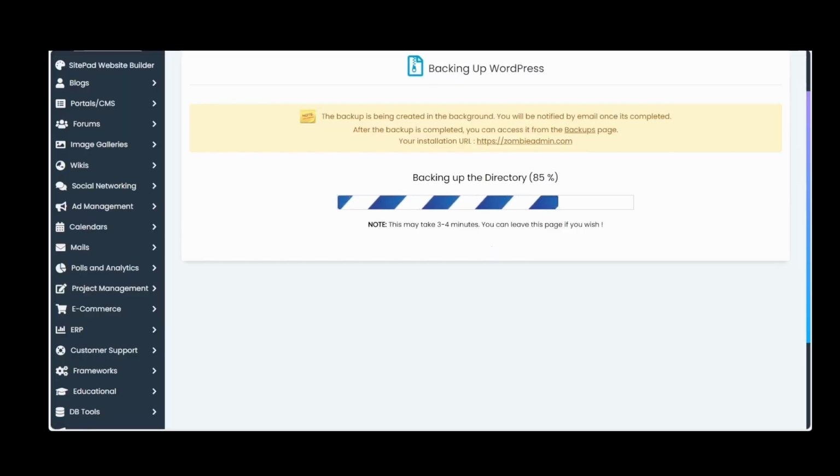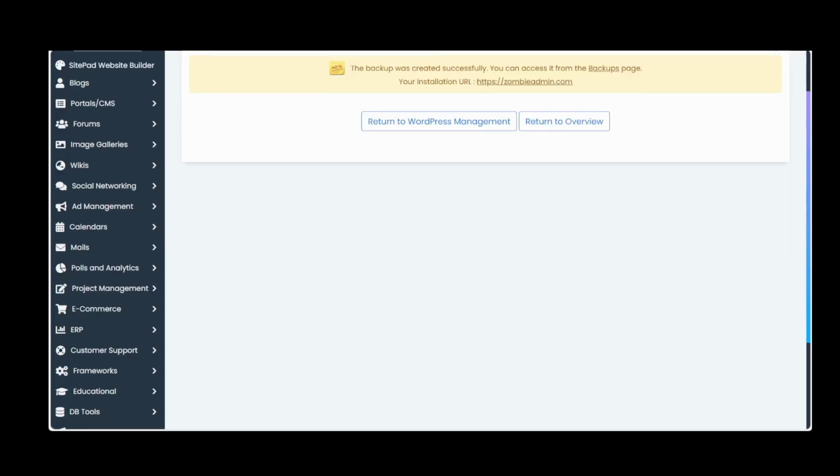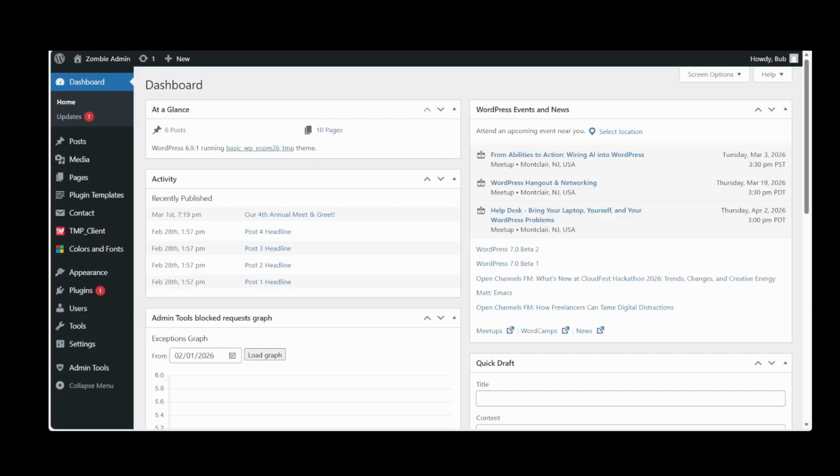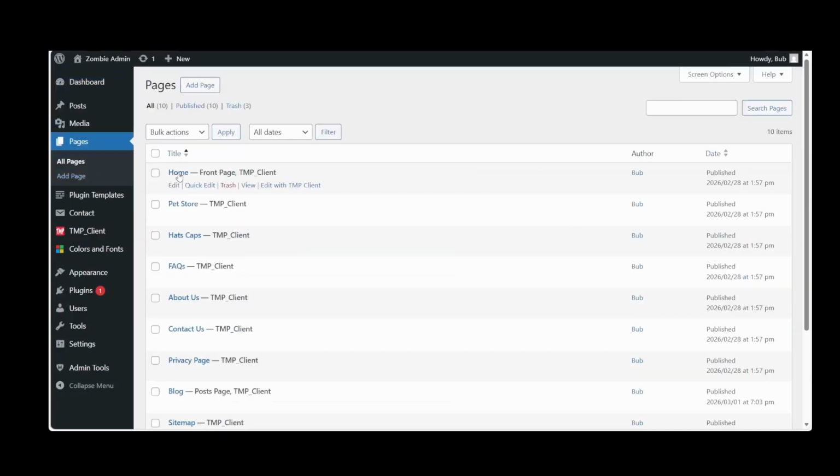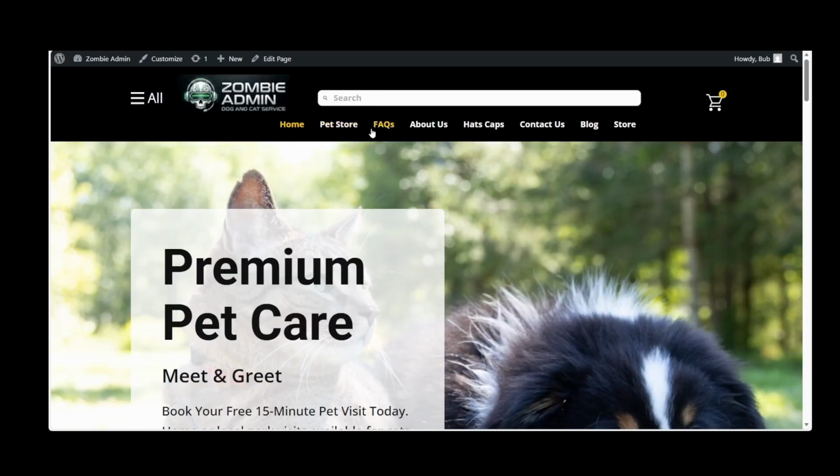And remember to back up, and always back up. So remember, we went to pages and we did the ordering. Home, pet store, hats and caps. But if you look at the front end, it does not mirror that.